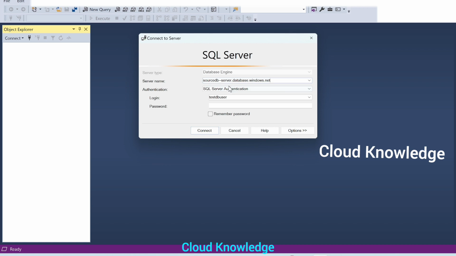The authentication type used will be SQL Server Authentication, and the login credential is the credential which you have given during creation of this database. So we'll try to log in to this database. We'll click on remember password, connect.